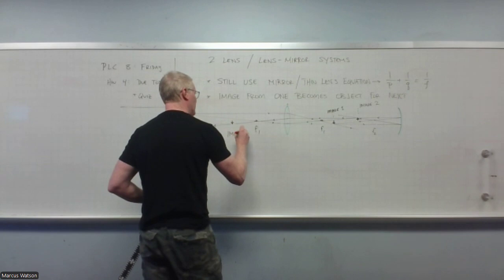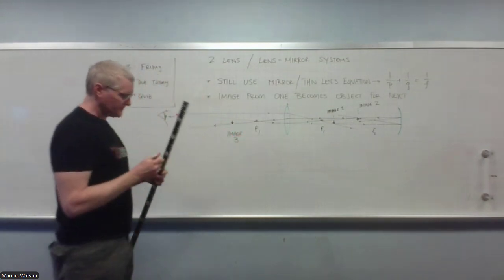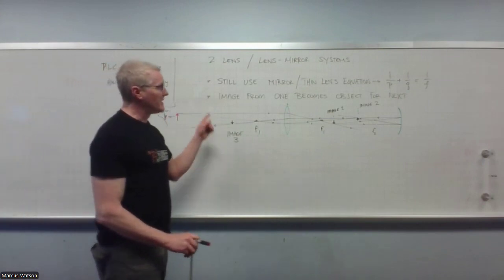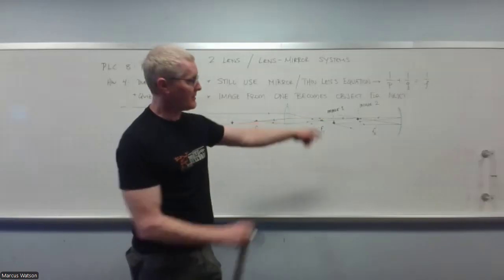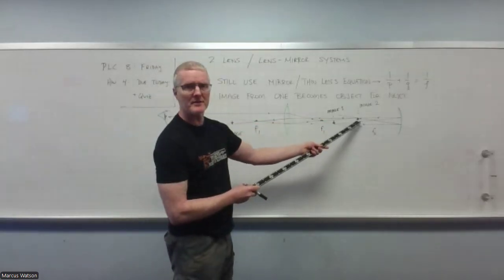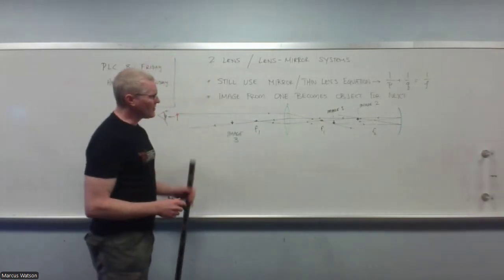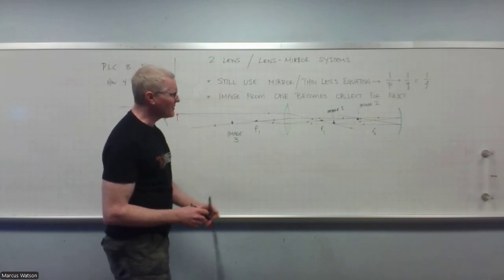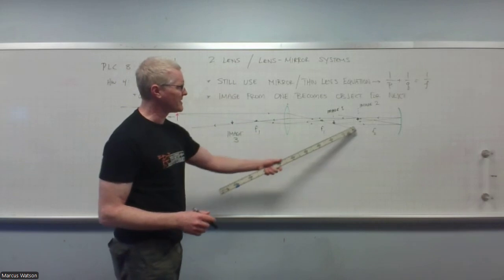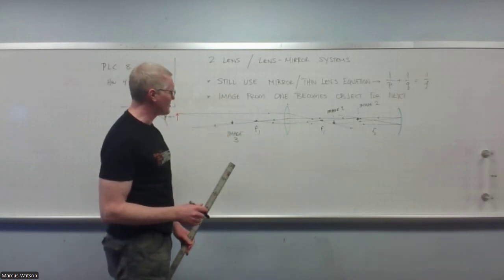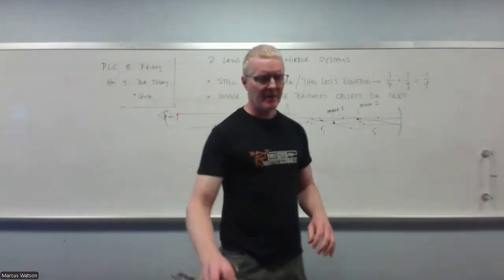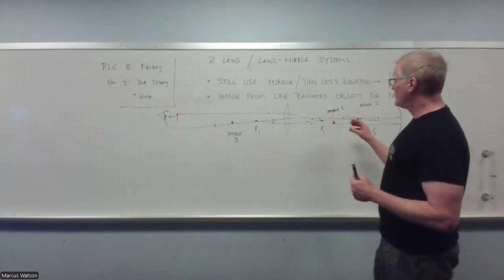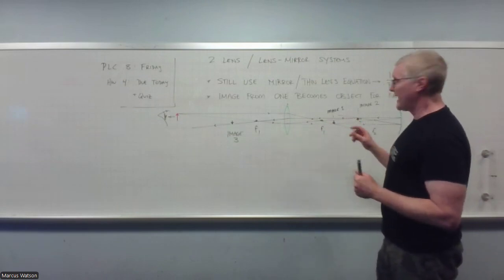Image 3. Okay, image 3 is once again a real image. It is once again inverted from its object, which is image number 2 over here. Okay, and ultimately could be minified a little. No, maybe it looks like it's about the same size as image number 2. Maybe a touch smaller. Hard to say. But nonetheless, I have ultimately here formed 3 real images, all of which were minified and inverted